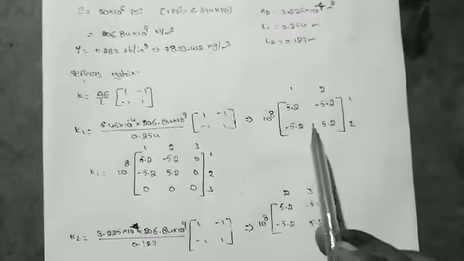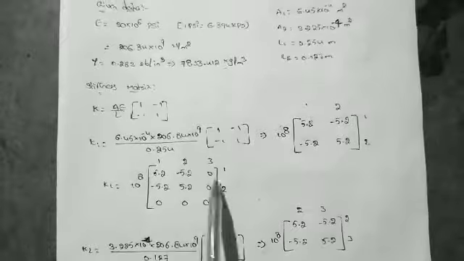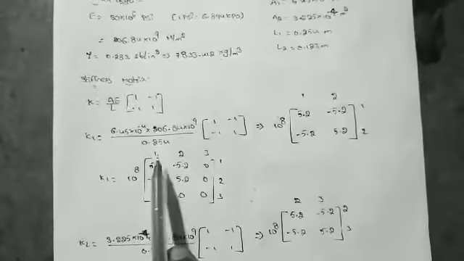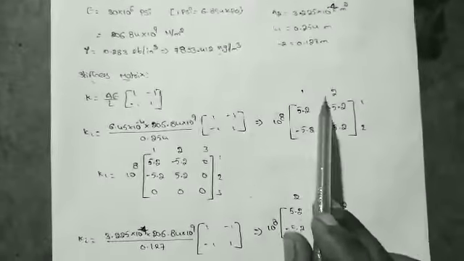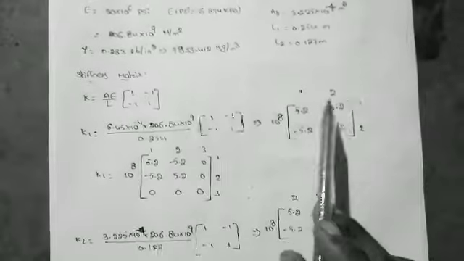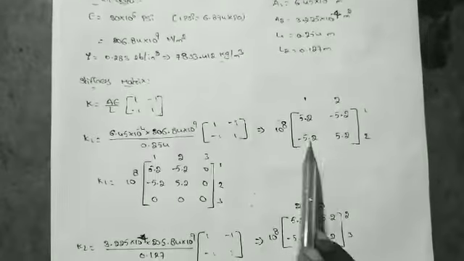To convert this matrix into a homogeneous matrix, first write 10 power 8 as it is and open the bracket. First mention the nodal numbers 1 to 3 at the top and right side. Here there is no nodal number 3, so you keep the third row and third column as 0 and the remaining matrix is filled with this matrix. Then similarly the k2 matrix.